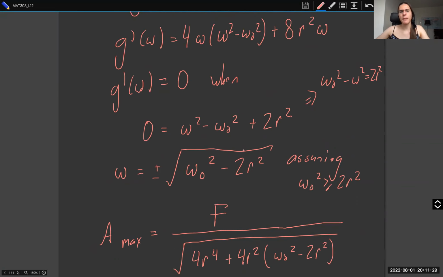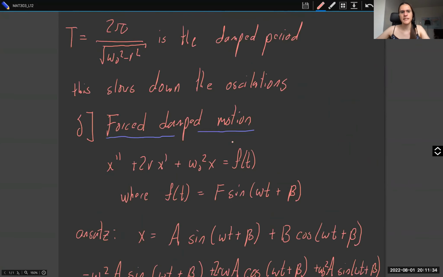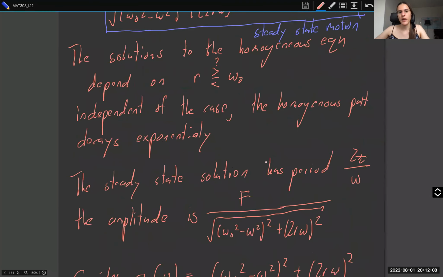And if you think about it, the difference is, let's see how omega appears. If we have sine negative omega, that actually flips the sign. But you can imagine beta changing by pi. And if beta changes by pi, then the sign does get flipped. So you can imagine that omega is positive without loss of generality by just changing beta to be a different value. So assuming that omega is greater than 0,